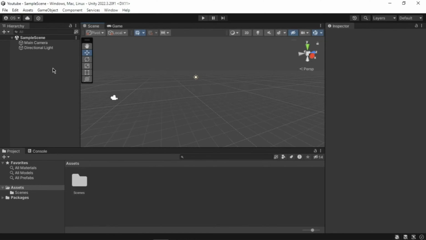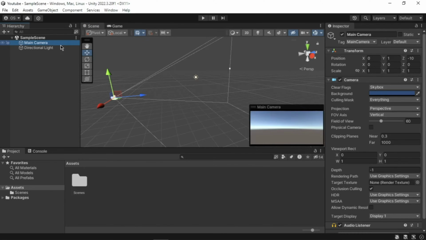Over to the left, we have the hierarchy. This displays all the different game objects that we have in our scene. You can see here the scene is currently untitled and it has two game objects, the main camera and the directional light. Notice that when I click on an object, say the main camera, the inspector will display the properties